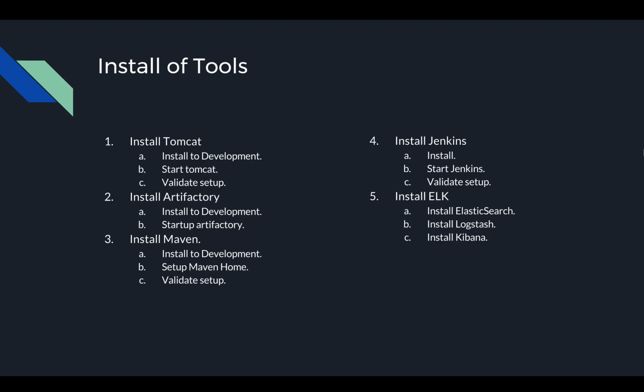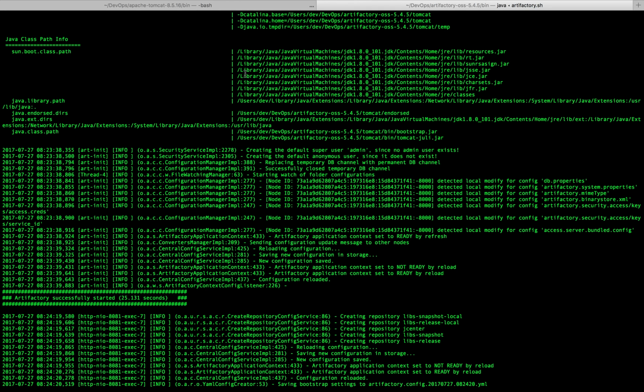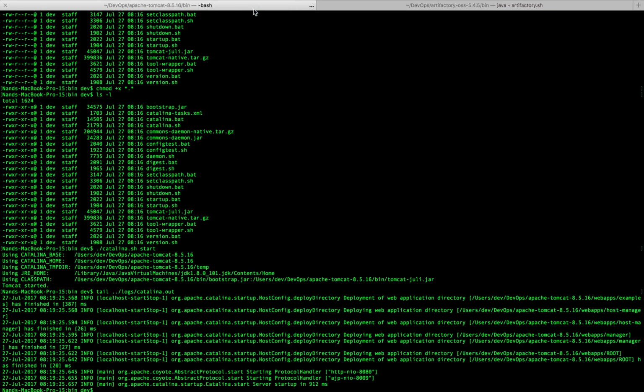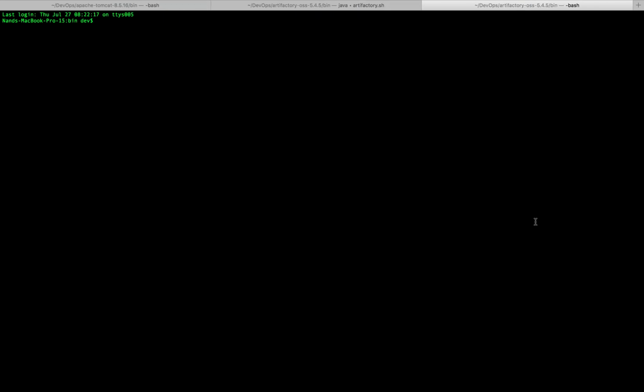So let's move on and let's get Maven installed. I have my terminal window open here. I have two tabs right now. The first one that we use to start up Tomcat, and the second one where Artifactory is running. I'm going to open up another tab, go to my home directory. Let's make sure it is the home directory and do the same procedure that we did earlier,